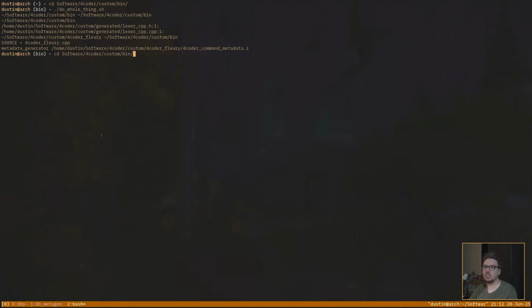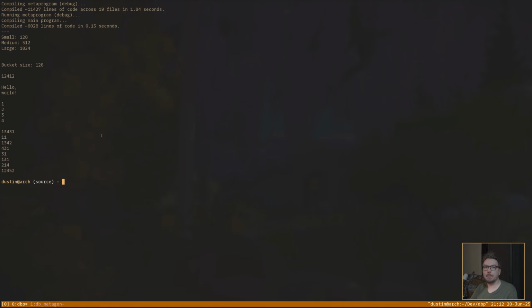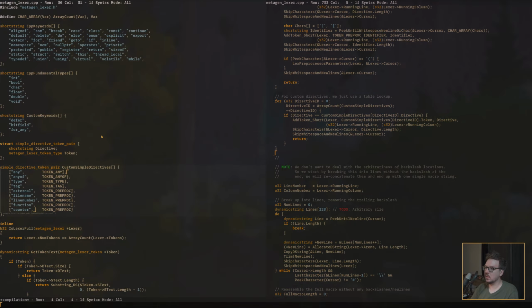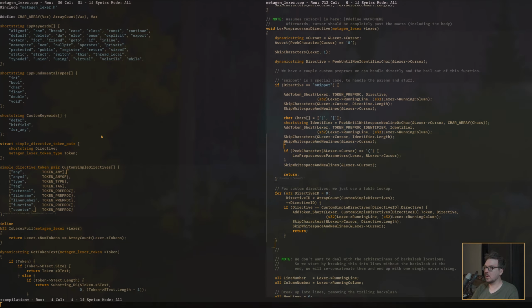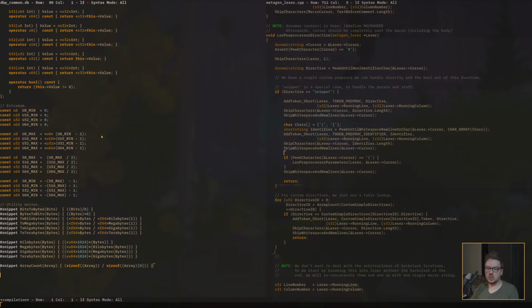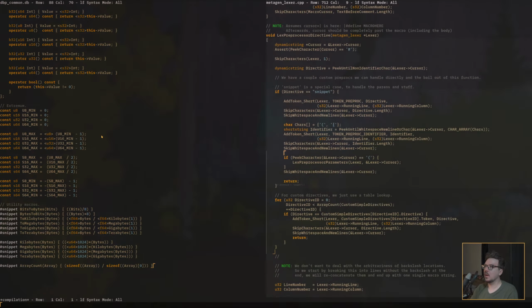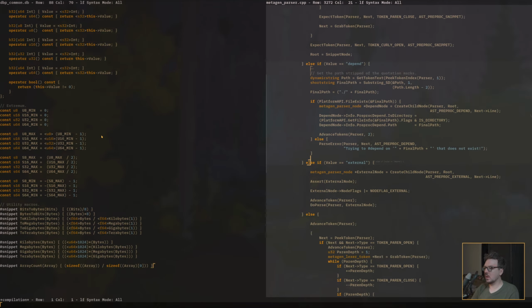Let's make sure we didn't break something. This is the wrong thing. Great, we still compile. That's good news. Great. So, and now we have custom directives. So this should be fine for now. Nothing should break there because we at least understand what it is. Yep. Cool. Now in the parser,